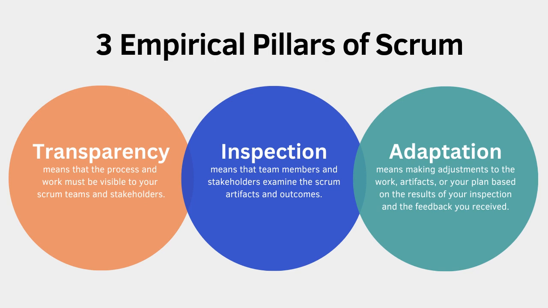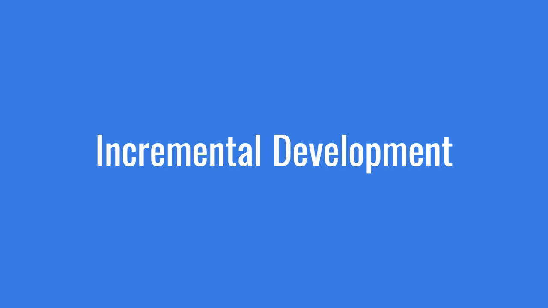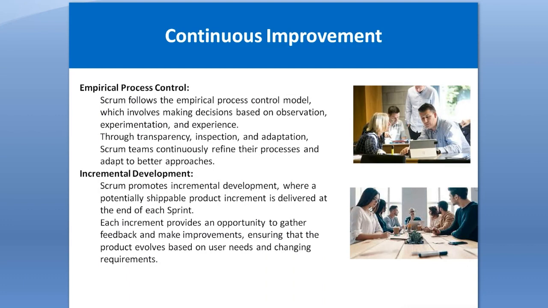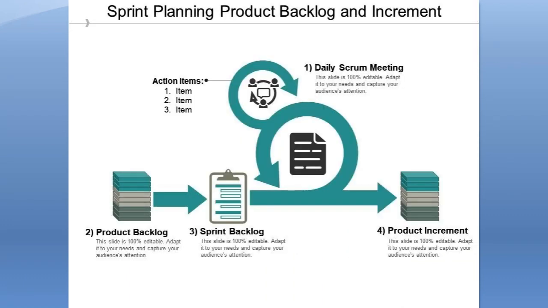And adaptation means that whatever feedback you get from the customer or the product owner, you will review it and see what things can be improved, and the Scrum team continuously refines their processes and adopts better approaches as well. So this is basically empirical process control. Then incremental development. Scrum promotes incremental development, where a potentially shippable product increment is delivered at the end of each